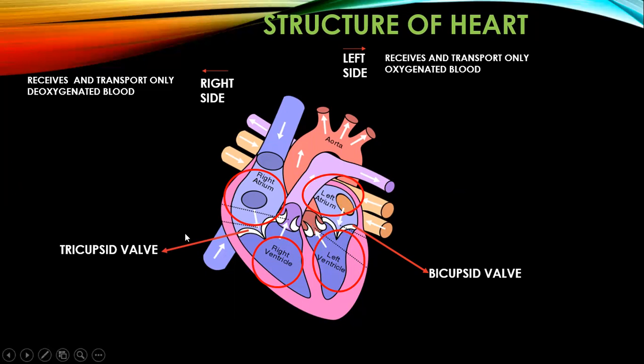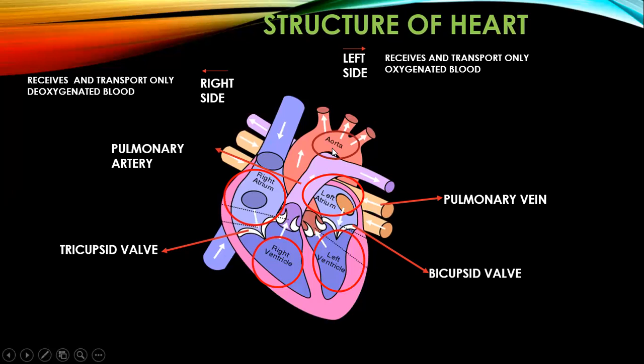Similar is the function of the tricuspid valve. Whenever the right ventricle is pushing the blood into the pulmonary artery, it should remain closed so that there is no backflow of blood into the previous chamber from which it has received the blood. Then you have the pulmonary vein, which is bringing the oxygenated blood from the lungs to the first chamber of the heart, the left atrium. Then you have the pulmonary artery, which is taking away the deoxygenated blood from the right ventricle back to the lungs for oxygenation.